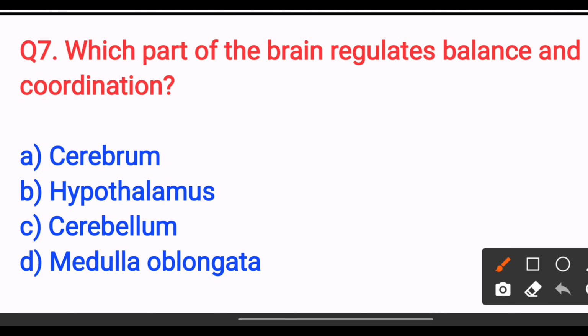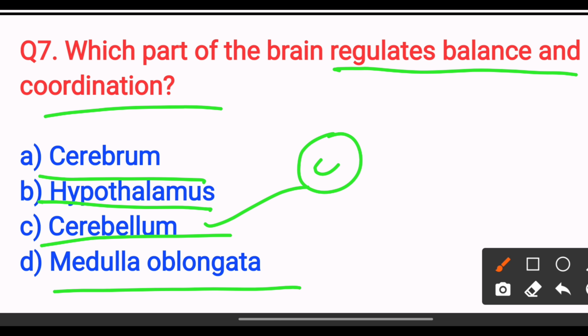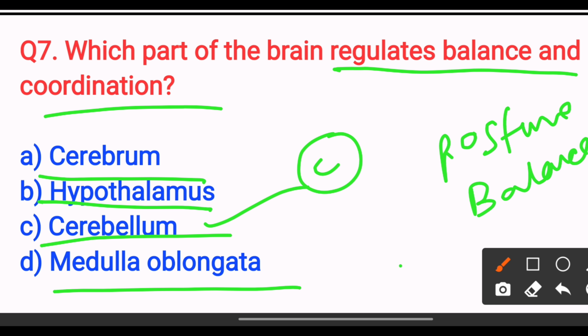which part of the brain regulates balance and coordination? Option A, cerebrum; option B, hypothalamus; option C, cerebellum; option D, medulla oblongata. The answer is option C, cerebellum. Cerebellum controls body posture, balance and coordination of voluntary movements. So the answer is option C. Next,